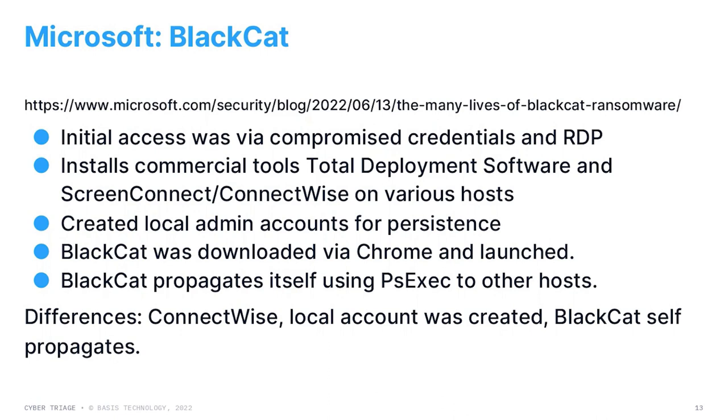They actually created a local admin account on the system for their persistence so they could get back in even if stuff was uninstalled. And then they downloaded BlackCat with Chrome, just went to the BlackCat URL, downloaded it, and launched that. And like we saw with Conti, BlackCat has its own self-propagation. So they launched it on one or two systems. BlackCat has hard-coded credentials inside of it and basically uses PsExec to copy itself to other computers in the network. So they launch it at one or two places and then it propagates around